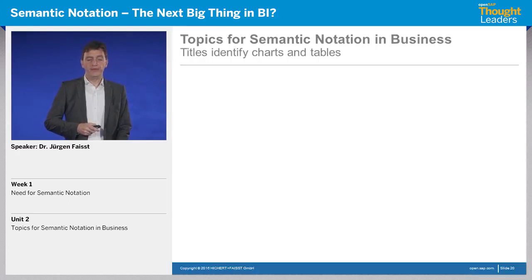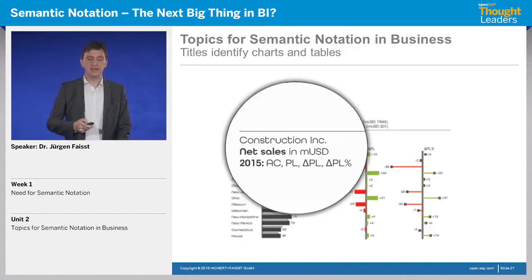If we look at the next topic, one thing we are often missing in reporting is the identification of a chart and a table. What is actually seen in that chart, in that table, in that report? Wouldn't it be great if we had a kind of standardized title, so we actually know where to look in order to identify what we see in that chart or in